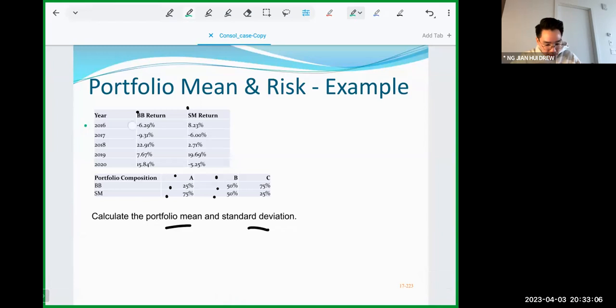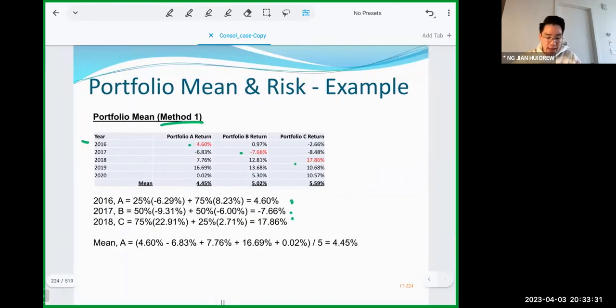We just take this BB multiplied by 25%, and the SM of 8.23 multiplied by 75%. Can you see? This is how we calculate the portfolio return for portfolio A in 2016. So I'm just going to flip back. That's how we got this value,